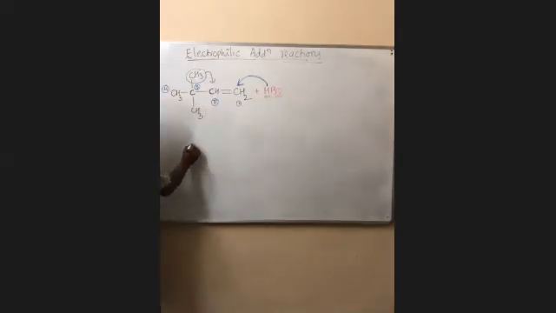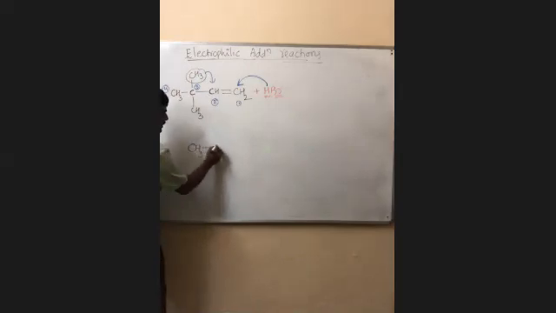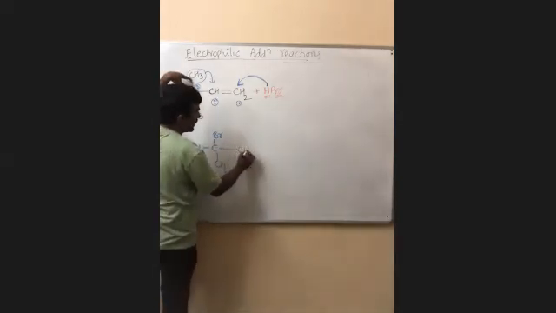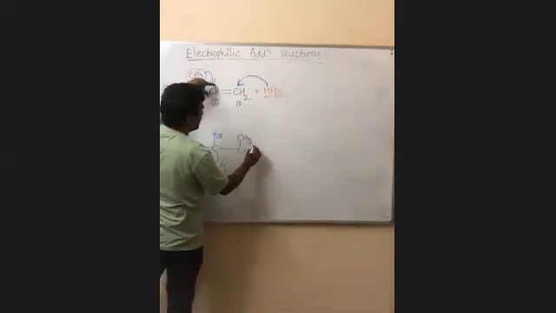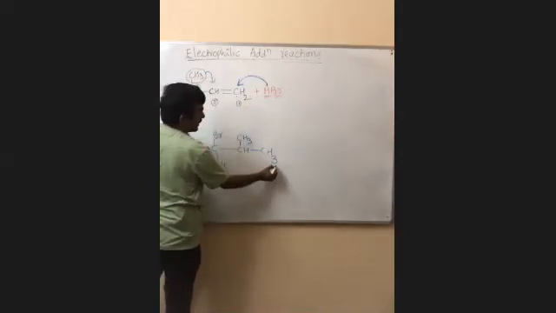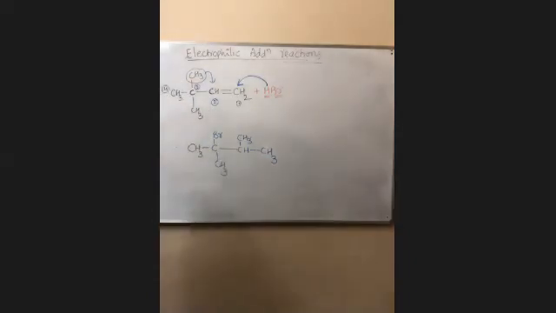Then the product is CH3, C, Br. Here you see, and CH3. Sir, what happened to this CH3? It is shifted here. You can write anywhere, up or down, no problem. Single bond, CH3, because one hydrogen has bound here. This is the product. This is the ultimate product. Is it clear to you? Understood?